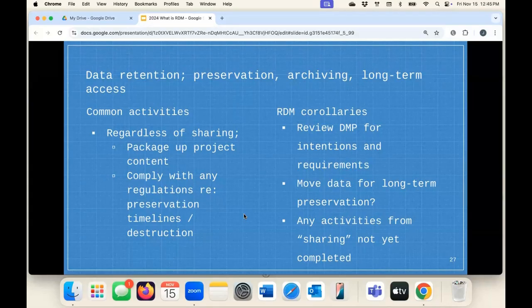You may need to consider moving your data for long-term preservation. So for example, if you hosted your data in SharePoint, but only one person's going to keep it long-term, you would move those data files into that person's OneDrive, right? And then remove everyone else's access so that it's not just out there floating in the world and a little more vulnerable in that way. And any of the activities from the sharing component that haven't been completed because you didn't decide to share out widely, you still want to make sure that your files are nice and clean so that if you do have to come back to them, you understand what's going on, all of those kinds of things.